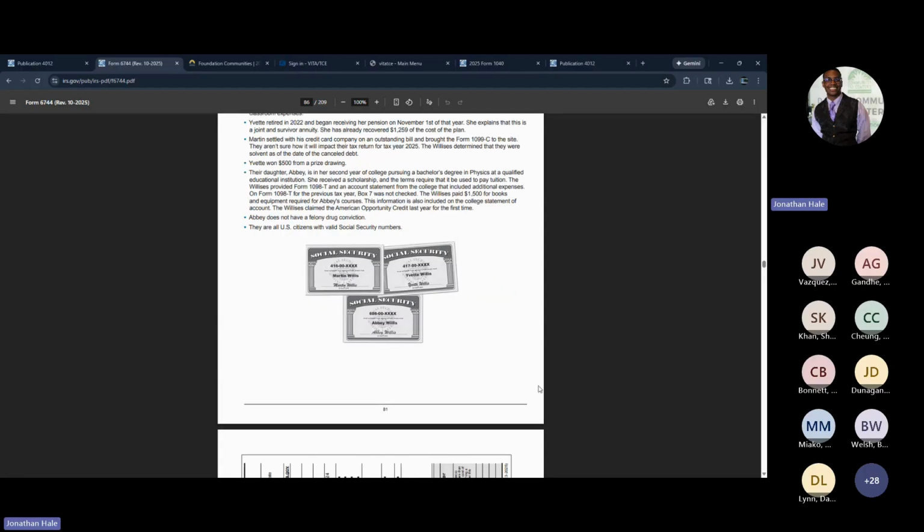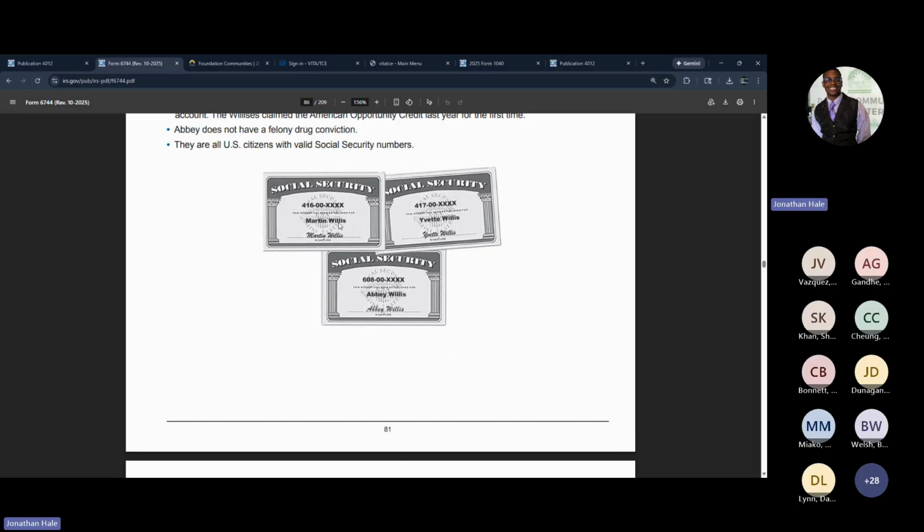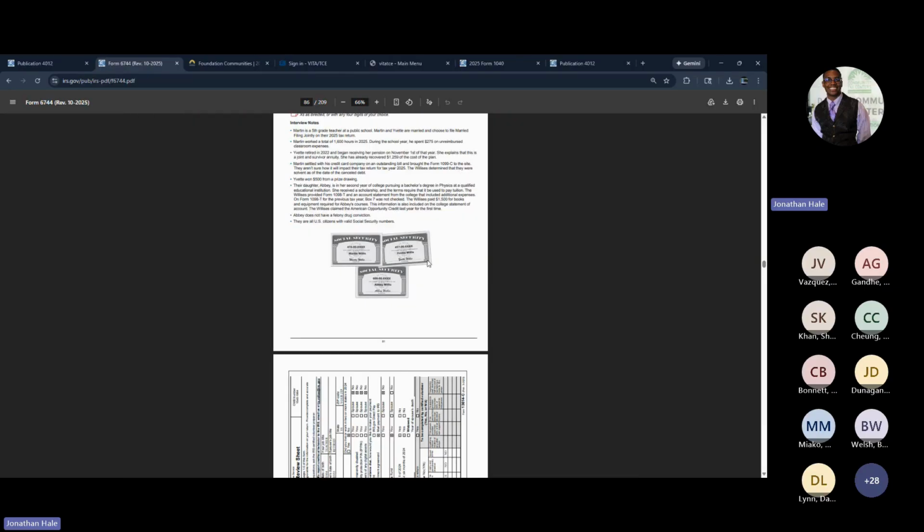The first thing to note is when you see X's here, these can be random numbers. You can put any assortment of random numbers here. In real life, they'll have full numbers, so you can do 1, 2, 3, 4, or 555, 555 if you want to, just whatever you choose for these that have X's behind them. Additionally, on the